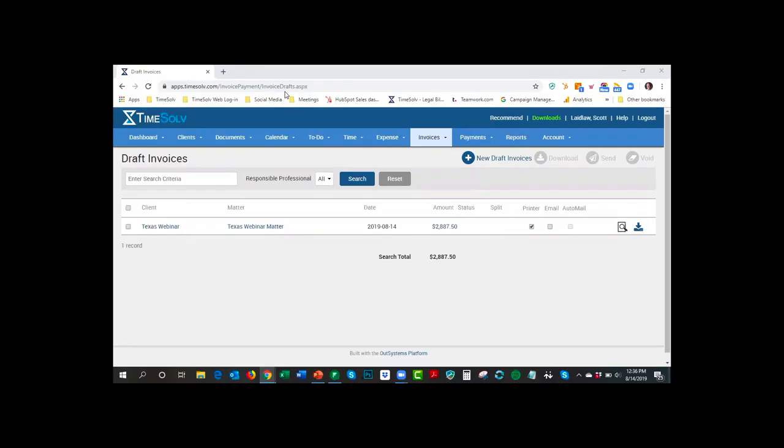I know that the next phase that we want to have come out is the ability to have any events that are on your Outlook calendar. You can determine if you want to automatically have those calendar events create a time entry for a specific client and matter. So you have that 1 hour block of time booked out for a client meeting. When you make that event on your calendar, you could say, yes, automatically make this event a time entry for this specific client and matter that's in TimeSolv, and then it would appear over there, which will be great. It'd be a fantastic thing. We're looking forward to that.